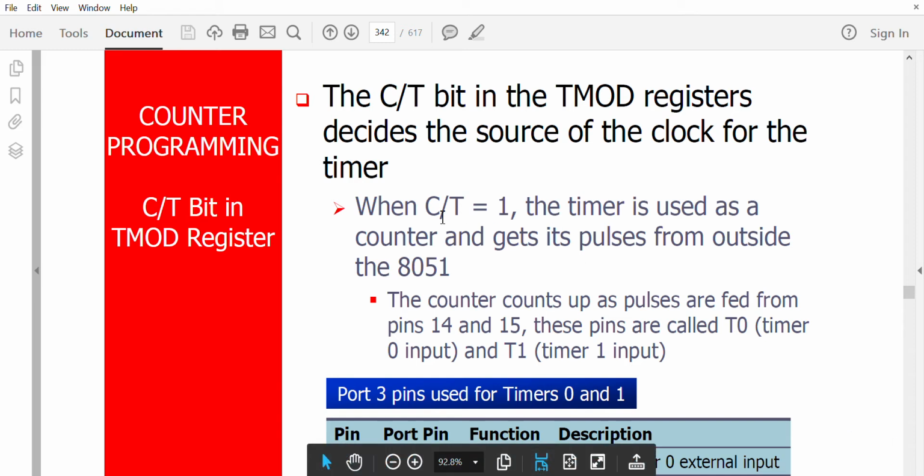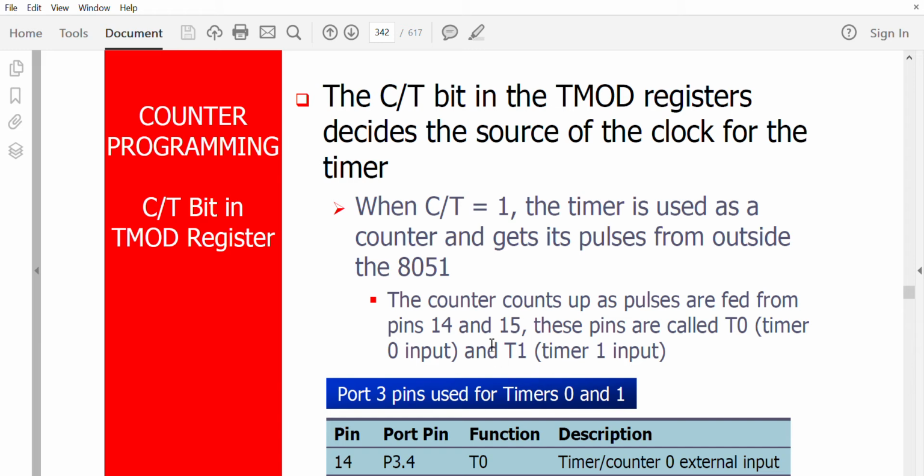So with C/T equal to 1, the timer is used as a counter and it gets the pulses from outside the 8051. The counter will count up as the pulses are fed from pins 14 and 15. That is where you get the external pulse from. These pins are called the T0 and T1 inputs.